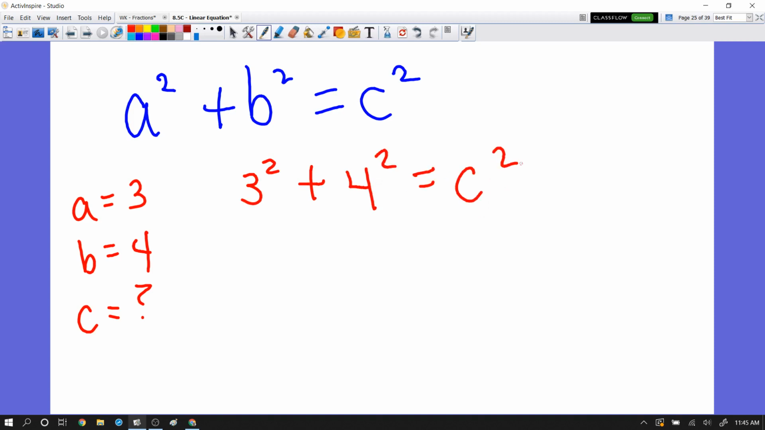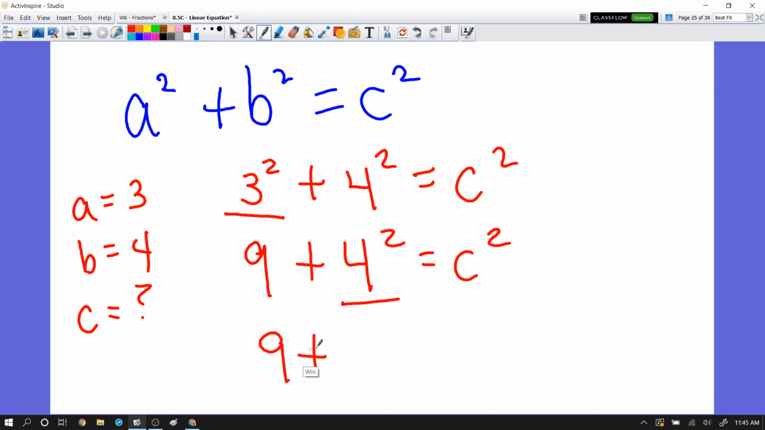Order of operations says, do you see any parentheses? The answer is no. Do you see any exponents? The answer is yes. Solve one at a time. 3 times itself is 9 plus 4 squared equals C squared. Do you see any exponents? Yes, I do. Drop it down. It's 16 equals C squared. So 9 plus 16 will give you 25